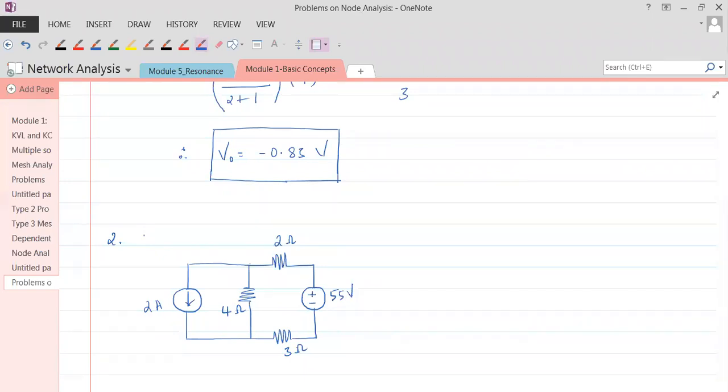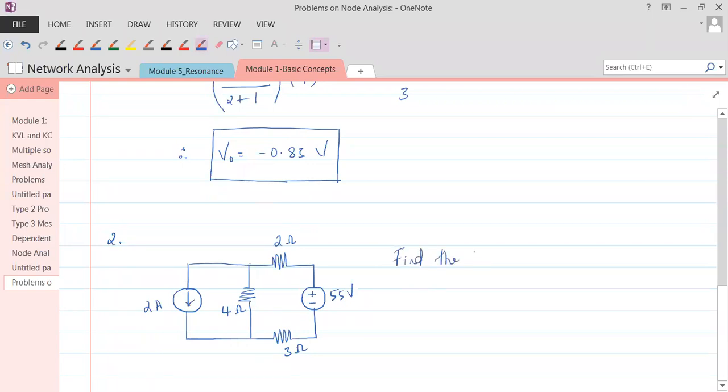We have a current source here. Understand that? So we have to be a little careful when we are writing the current. In KCL, we'll be writing all currents only. Now, how many nodes there are needs to be understood. Before that, let me tell you what they've asked. Okay, what they've asked is this: find